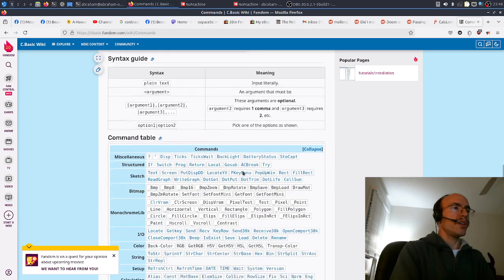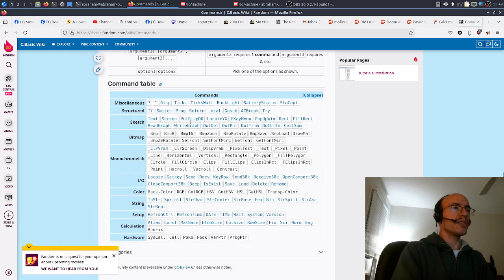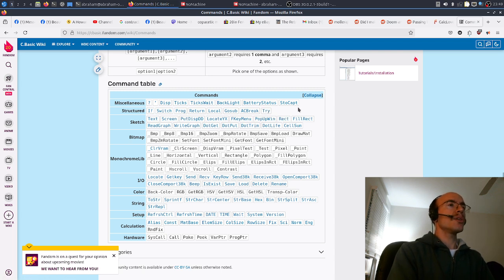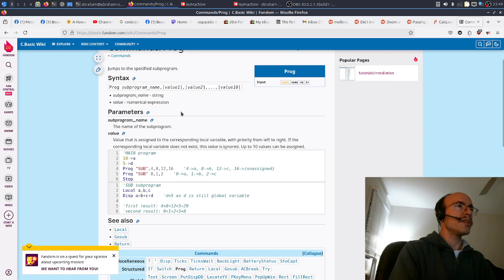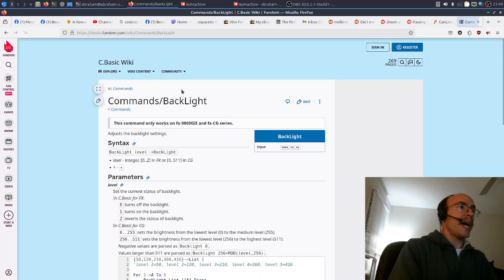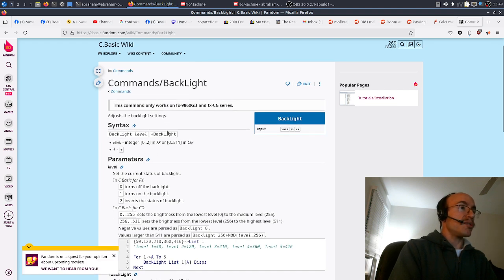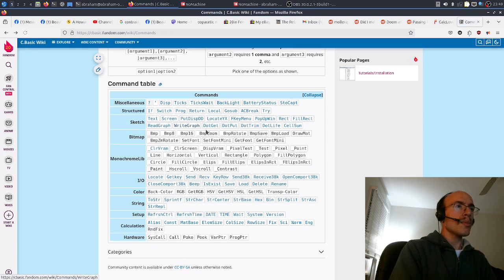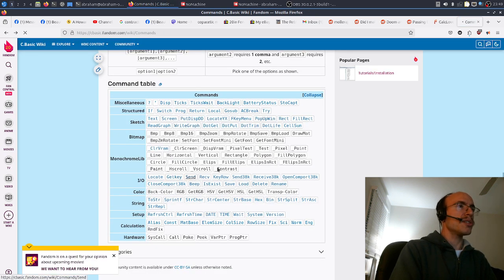And then if I go down here, you can see there's a lot of really exciting stuff that's added to C.Basic in addition to what's already offered through Casio Basic. There's different sketching commands, some additional structured commands, and there's definition of this, jumping to subprograms, setting the backlight on and off, and I guess changing the level too. Or wait, changing the level on the CG series. That's all well and good. I/O is also